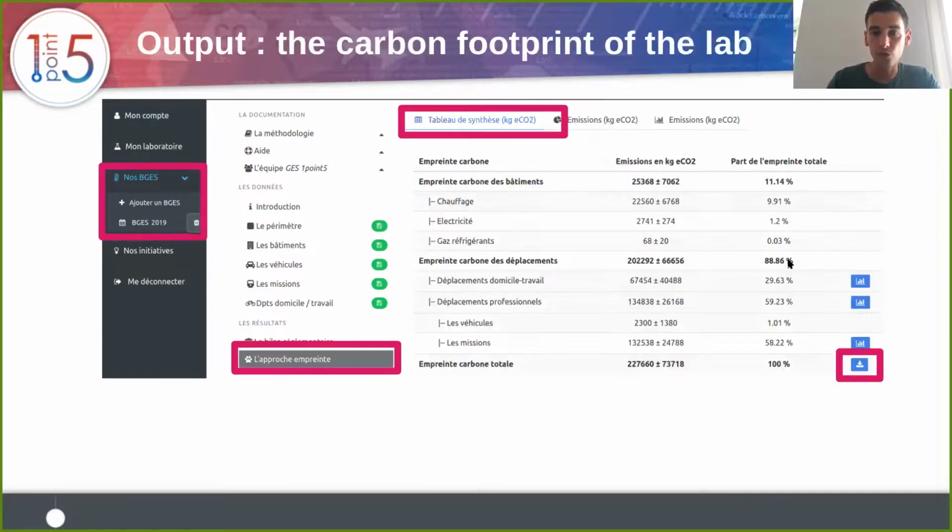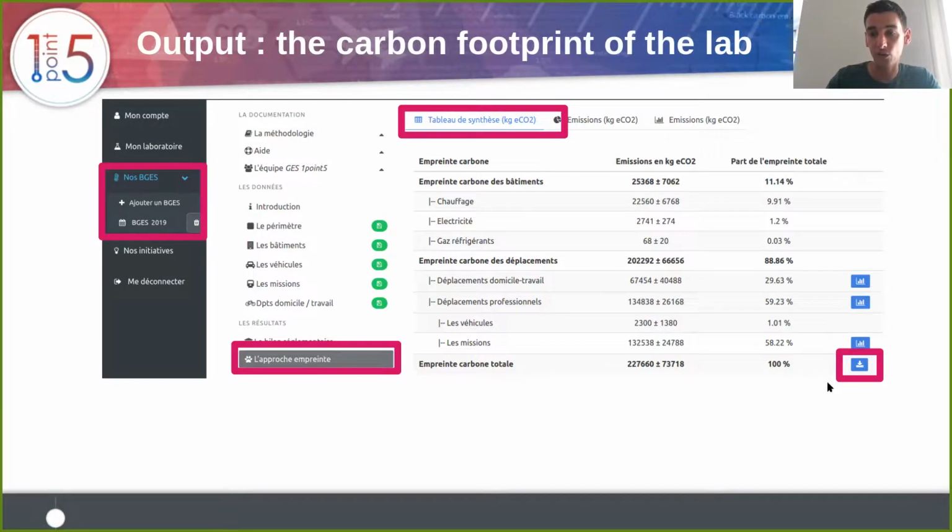For a more user-friendly representation, the tool also provides some outputs mainly based on what is more understandable in a lab, meaning the heating and electricity emissions, but also the professional travels and daily commutes.